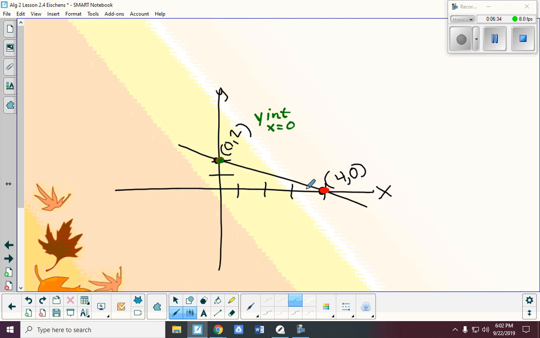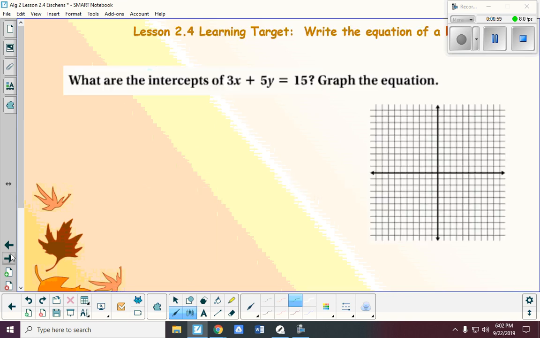And now if we look at the x-intercept, so where the line crosses or intersects the x-axis, the value of y here is 0. So we go over 4, up 0. And so at the x-intercept, y is equal to 0. So we have to remember that at the y-intercept, the x value is 0, and at the x-intercept, the y value is 0. So when we look at this next equation that is in standard form,